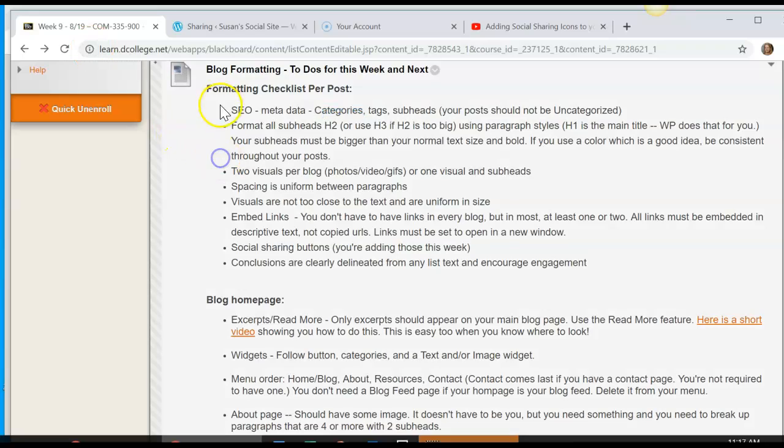Then I'm still seeing a lot of subheads that are not properly formatted, okay? This is how I can tell they're properly formatted: they are at least a little bump up in size from your normal text. You never want to use H1, that's just for your title, and WordPress takes care of that. But go to H2. If it's just too big, go to H3. But you must format your subheads, okay? And you must also